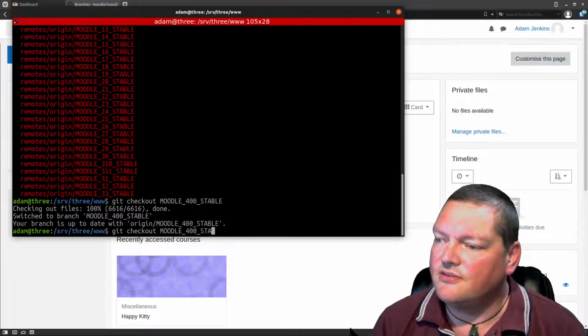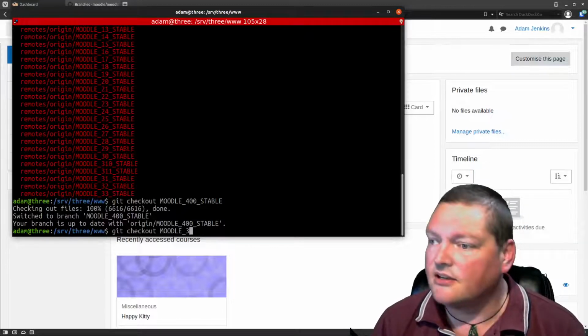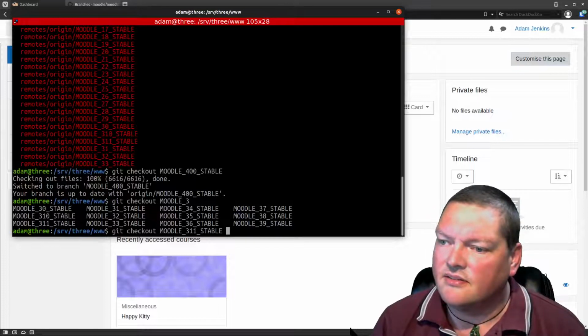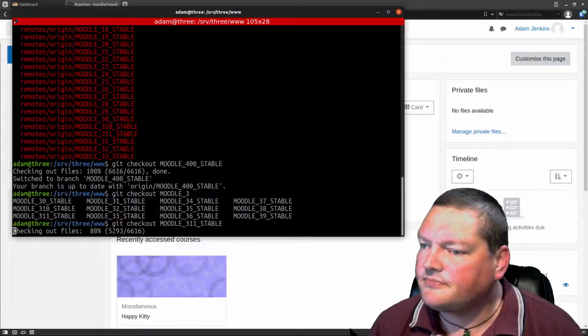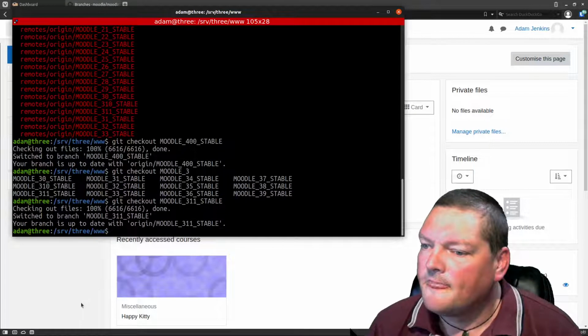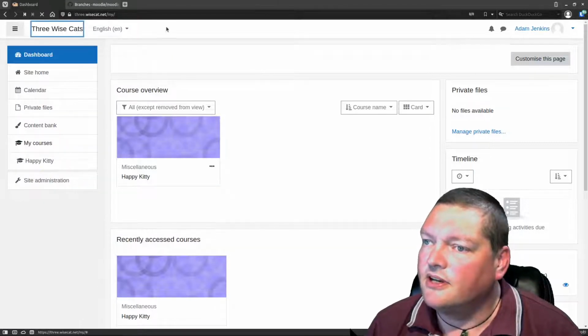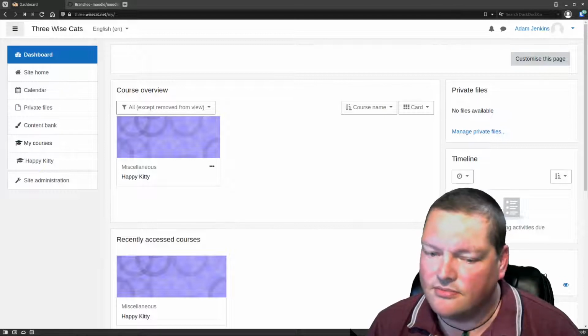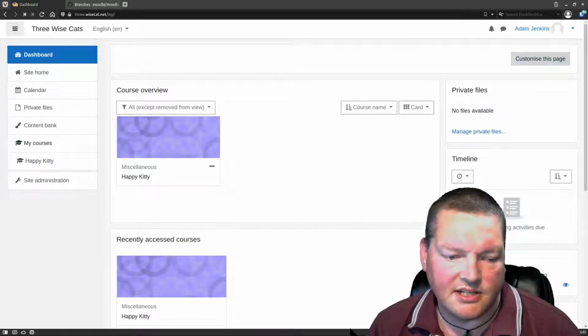It's the same as if you just checked out 3.11 stable. Right? And if I go back here, nothing changed. No upgrade, no upgrade starting,